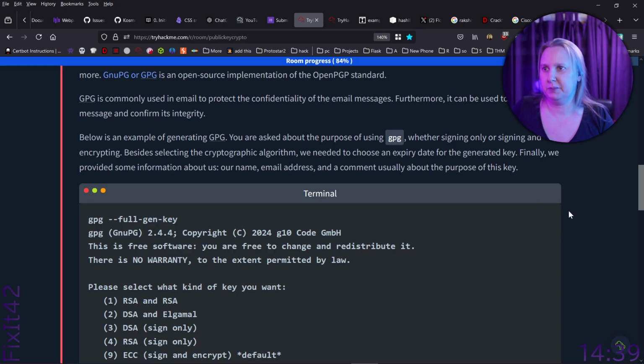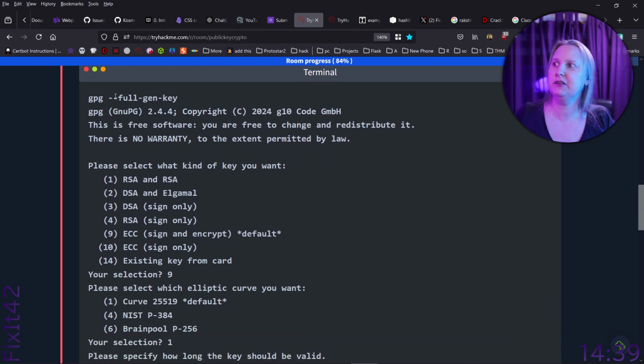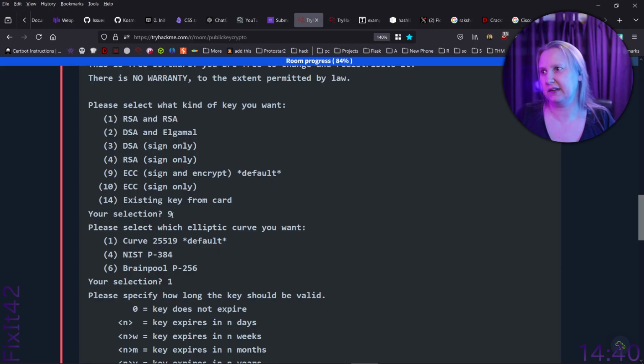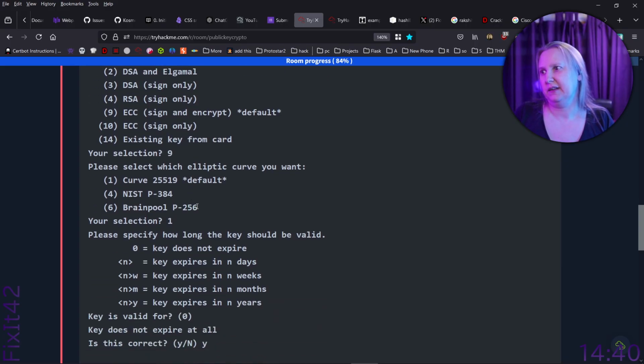You were asked about the purpose of using GPG, whether signing only or signing and encrypting. Besides selecting the cryptographic algorithm, we need to choose an expiry date for the generated key. Finally, we provided some information about us, our name, email address, and a comment usually about the purpose of this key. So, gpg --full-gen-key. GNU PG. And we can see they select 9 here. 1